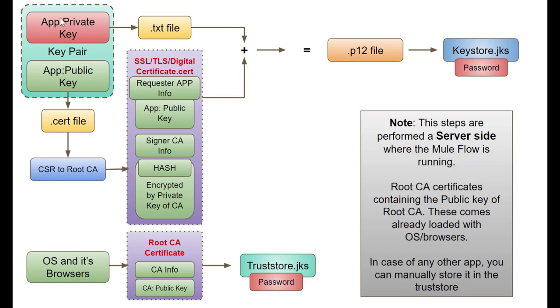So as part of the process, the application first generates the private key and then it uses that private key to generate the public key, and by doing this a key pair is created. And as you can see, the private key is actually a .txt file and the public key is a .crt file. Basically it is a CER file. So once the public key is generated, a CSR is requested to the root CA, in case the root CA is the signer here. In case the intermediate CA is there, the CSR would be raised to the intermediate CA. Let me tell you what is root CA and what is intermediate CA.